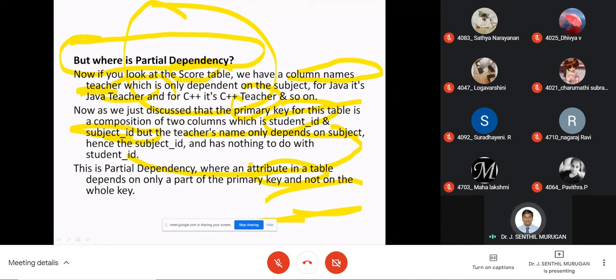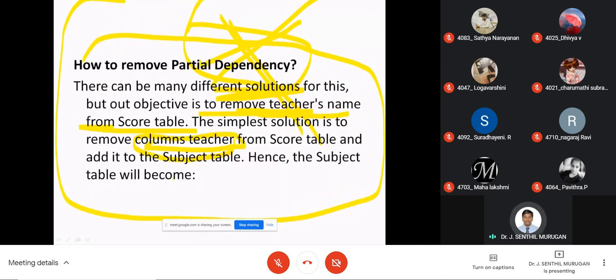We need only the score of that particular subject ID, not the teacher name. So I am going to remove the particular teacher column. Once I remove it, the entire table will have the subject table only, with no partial dependencies.